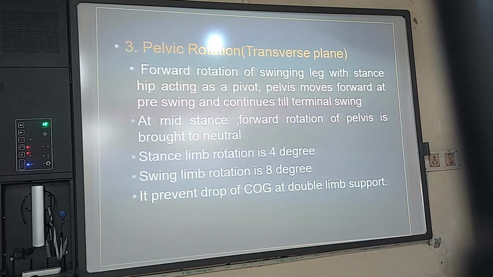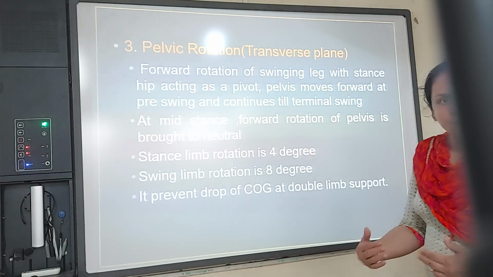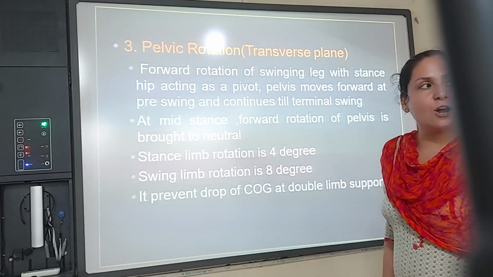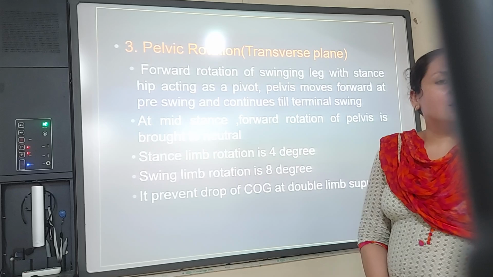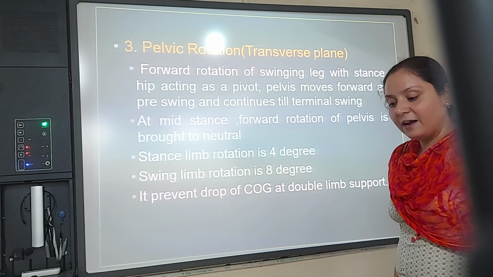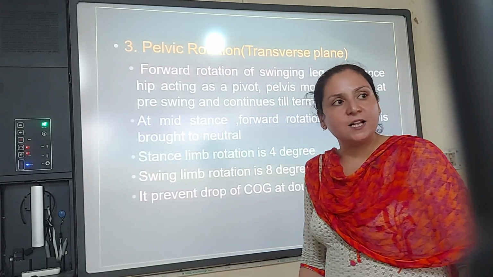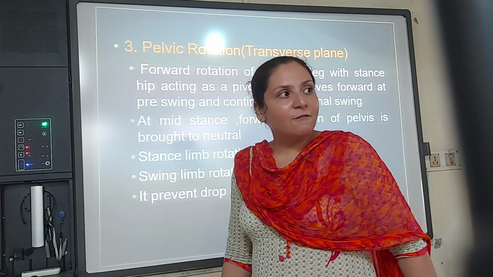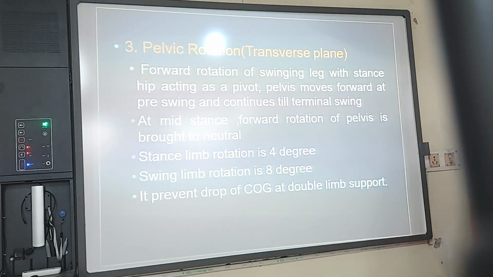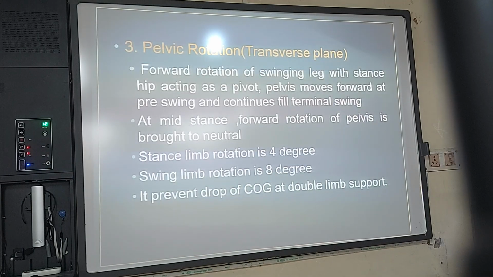ठीक है, so what we say is when one foot is coming into that foot flat, the other foot is coming into that, और foot flat तो mid stance के अंदर है, so other foot is coming into heel strike. And this is the part when from the mid stance, if I say right foot is on mid stance, it's going into heel off and toe off. This is coming into mid stance. Now the right foot has come from pre-swing, mid swing and terminal swing to heel strike, and this has already gone from the mid stance to heel off and toe off. Can you see that? There is some time, double support time. This is called the double support time.